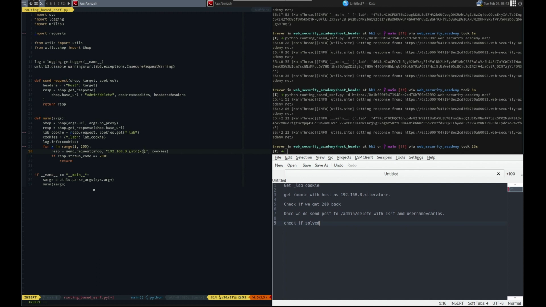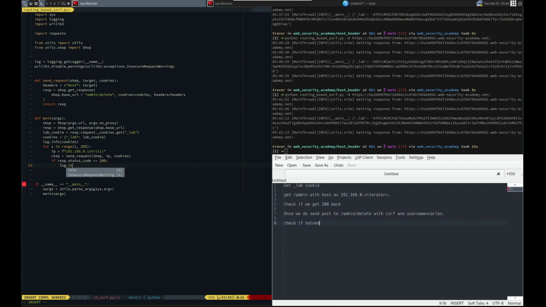We'll turn it from an int to a string, and then we'll concatenate it into the target. If the response code is 200, we will... well, let's do like this. IP equals, and then we'll cut this out. Put it here. Put IP here, and then if we get a 200,